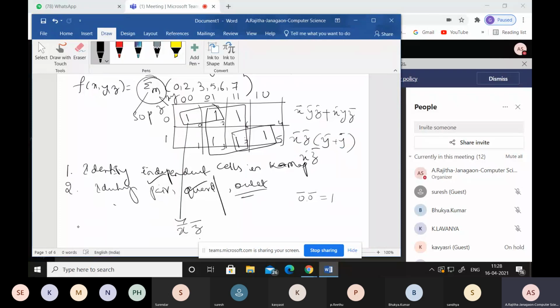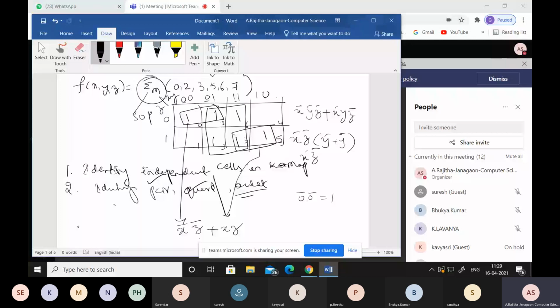So directly, what are we doing? By using pairs we can find this. Plus, from this pair, observe here 1, 1, 1, 0. The common term is x and the next is a different variable, y complement. So you can take the common variable, that is x, and here the common variable is z. If the pair is horizontal, this is the common variable. Suppose it is a vertical pair, these two are common and this is different. Here, since it is horizontal, z is the common.